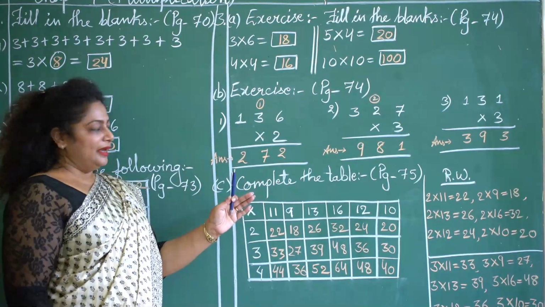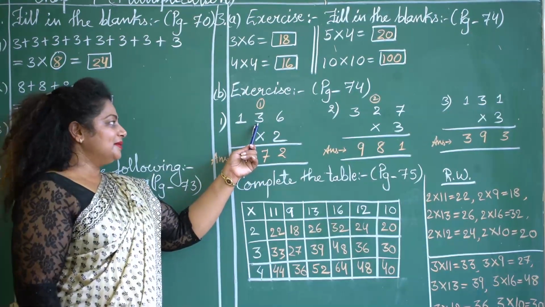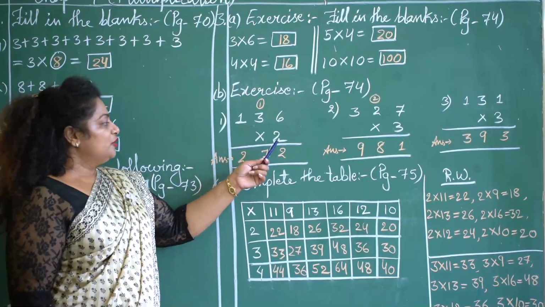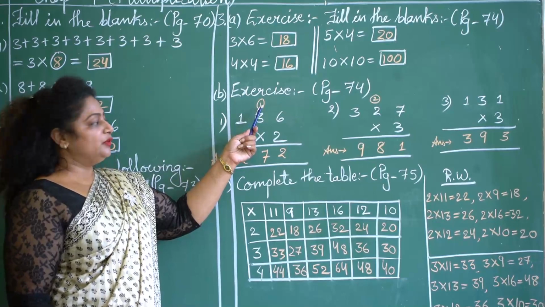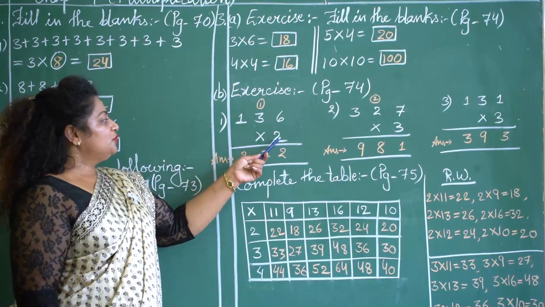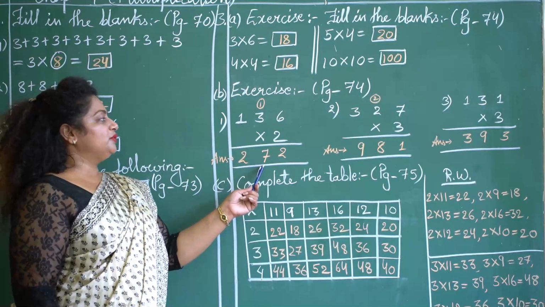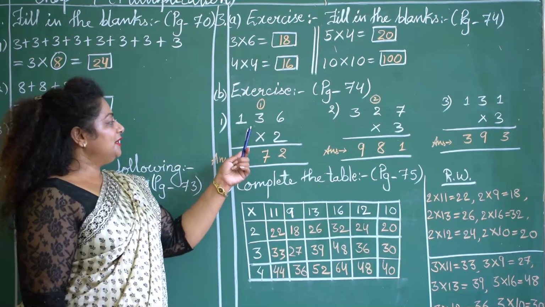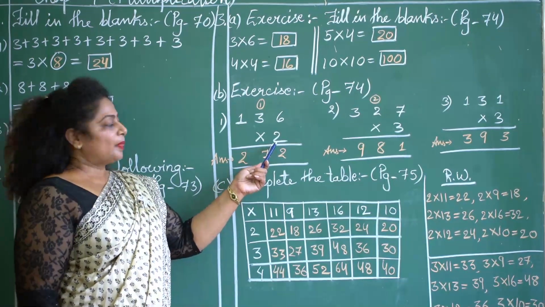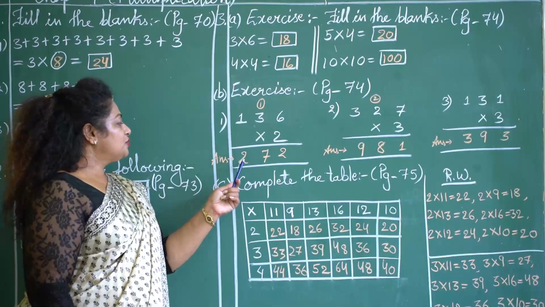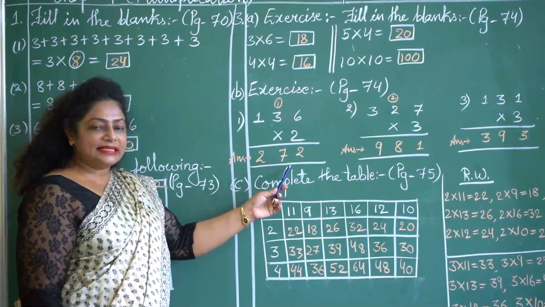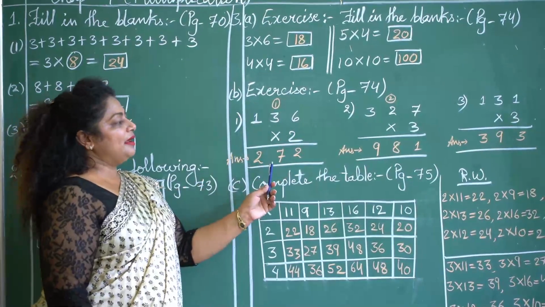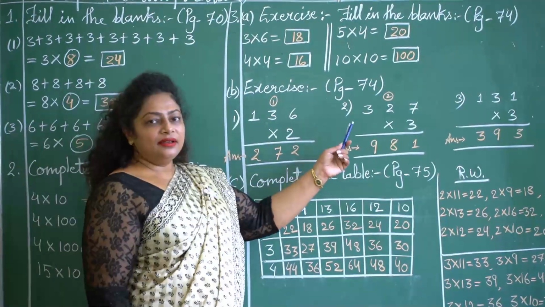Let us multiply 2 with the next number and the next number is 3. So 2 3s are 6, but we have one extra number also which we got from this. So 2 3s are 6 plus 1 will give you 7. Now let us multiply the third number with 2. 2 1s are 2. So the answer we got is 272.